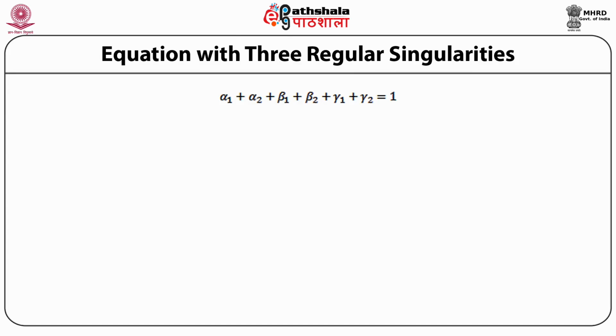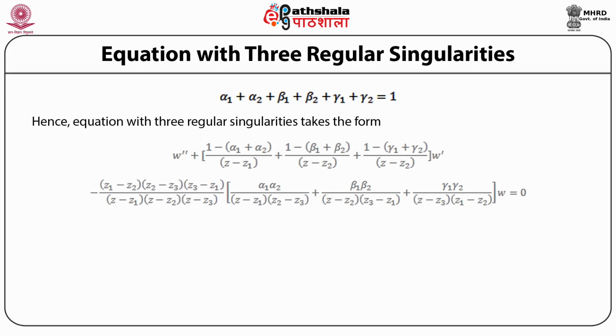On substituting for P(z) and Q(z) into the differential equation and using the above relation, we see that an equation with three regular singularities takes the form w double prime plus w prime multiplied by, within the brackets, 1 minus, within the brackets, alpha 1 plus alpha 2 divided by (z - z1) plus 1 minus, within the brackets, beta 1 plus beta 2 divided by (z - z2) plus 1 minus, within the brackets, gamma 1 plus gamma 2 divided by (z - z3)